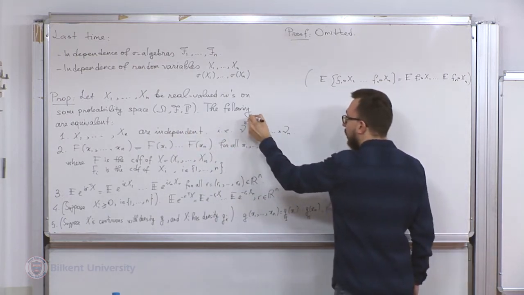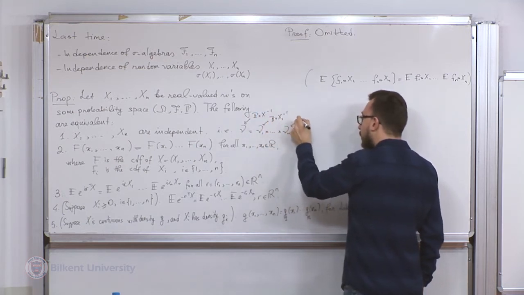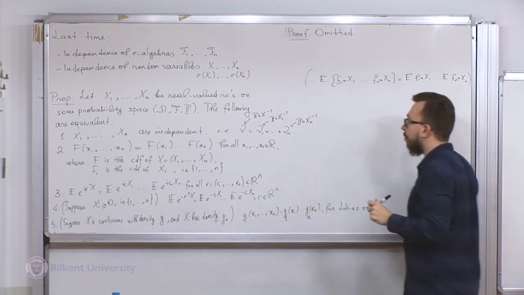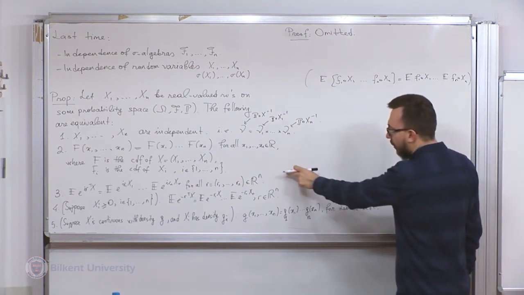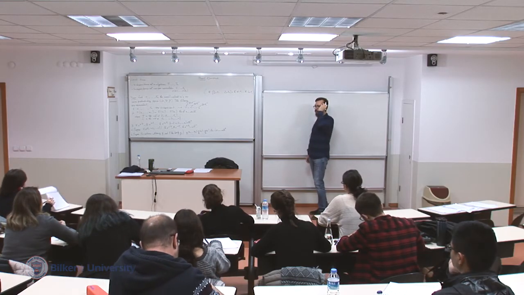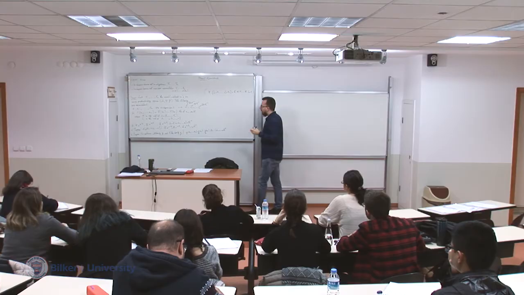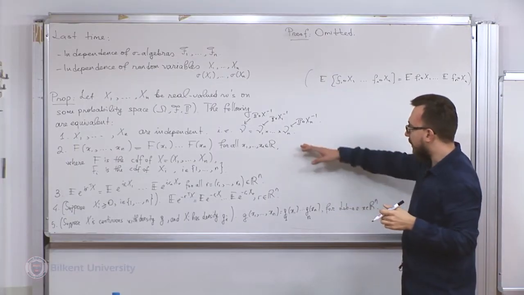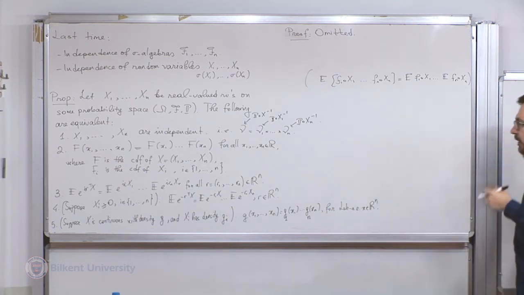So this is the distribution of x, and this is the distribution of x1, and this is the distribution of xn. And so number 3 and number 4 are multivariate extensions of the theorems which say that the Laplace transform determines the distribution, and the Fourier transform determines the distribution. That needs a proof, but we don't care too much. And finally, you can maybe pass from cumulative distribution functions to density functions by differentiation and so on.